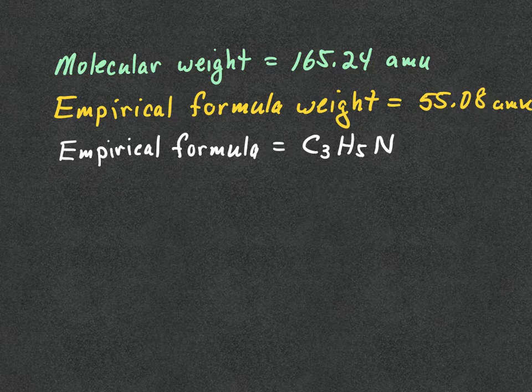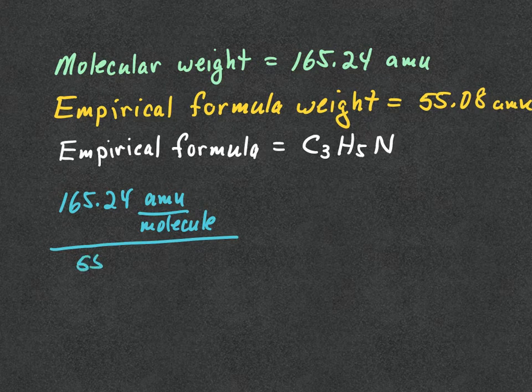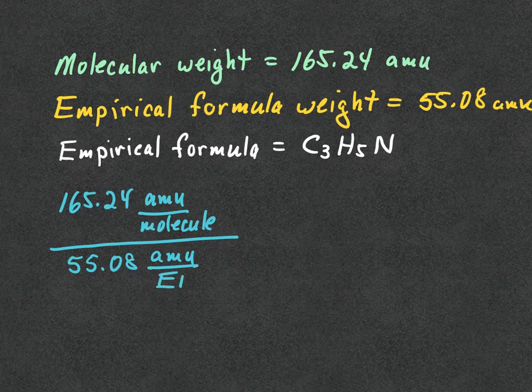And let's put appropriate units on it. Right? So if we take our 165.24 atomic mass units per molecule, right, the whole molecule, and divide that by 55.08 atomic mass units per empirical formula. When we do that math, we get 3